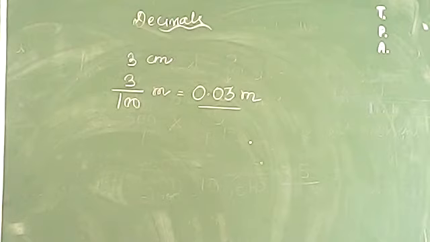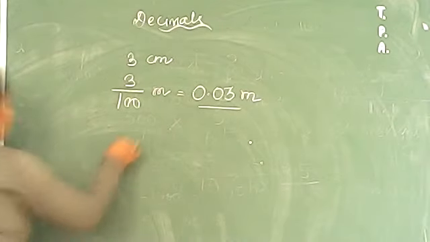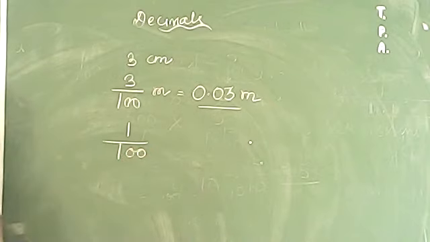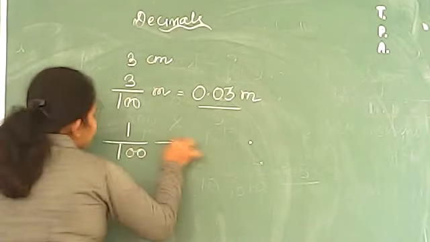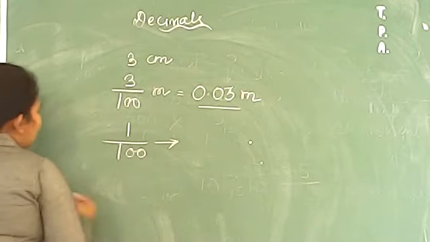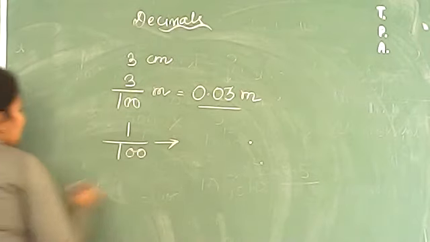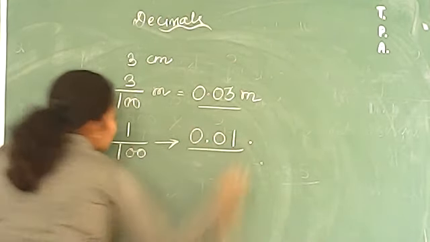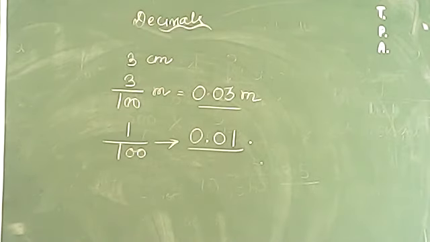Now question number 2, it is asking that you have to tell how 100th is written. 100th means, beta, 1 by 100. Okay, 1 by 100 you can simply say that, or 100th means there is no place of any whole number, there is no place of any tenth. You can simply have the place of 100th. So you can simply have the answer 0.01. Fine. So 0.01 would be the correct answer for this. Now question number 5 is also over now.